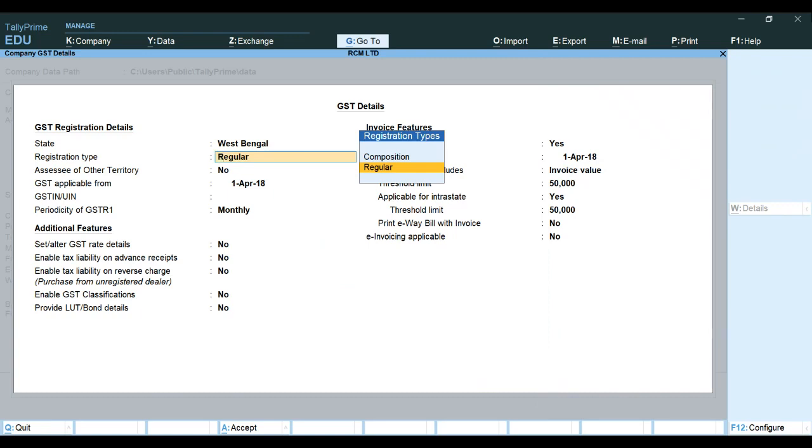RCM is a regular dealer and GST applicable 1/4/18. GSTR number 19 triple A CO 3278 K 1Z2. Now remember that the fourth letter of my PAN, in this case shown as C,